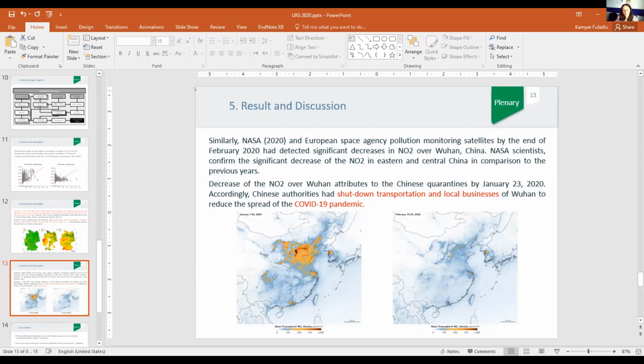Similarly, we found another study from the same time, done by NASA and the European Space Agency's pollutant monitoring satellite at the end of February of this year. They found that due to the COVID pandemic, the amount of nitrogen dioxide in Wuhan, China significantly decreased, as you can see in this figure, in comparison to the previous year, because they were forced to shut down most transportation and local business due to the spread of the pandemic